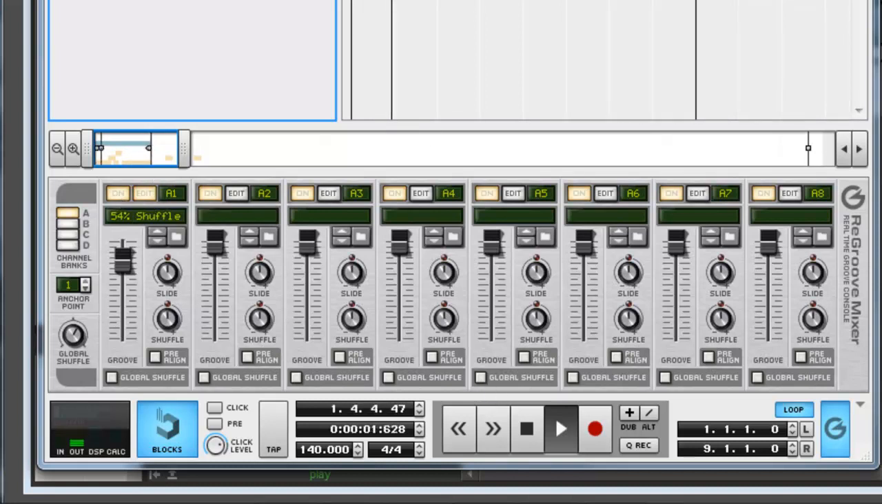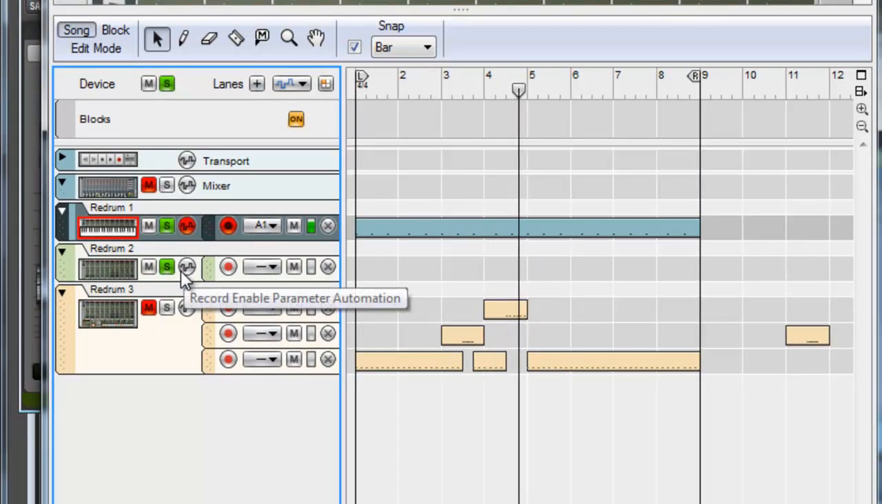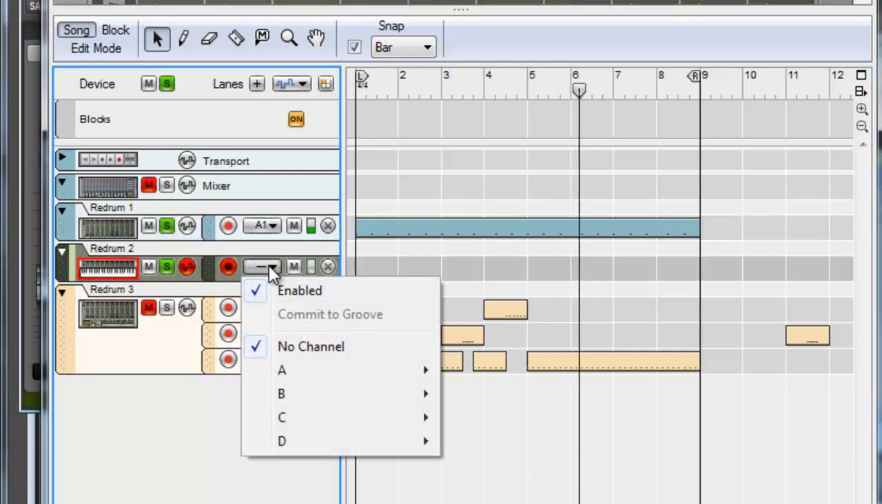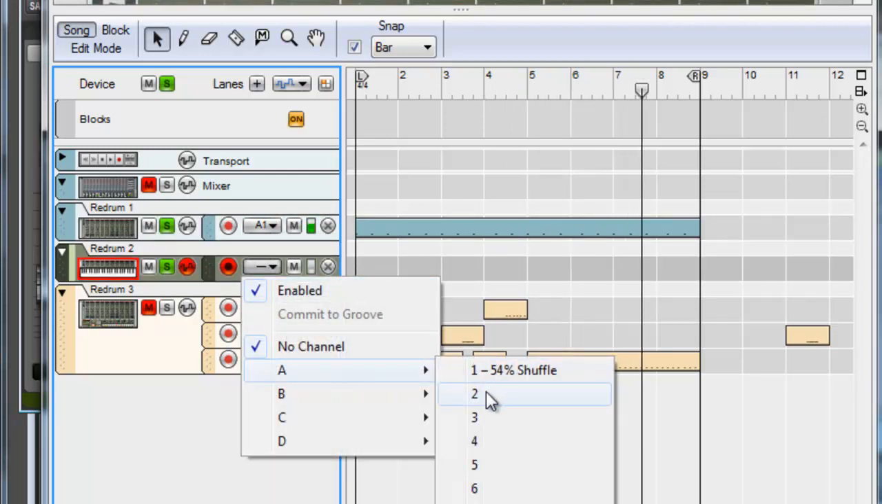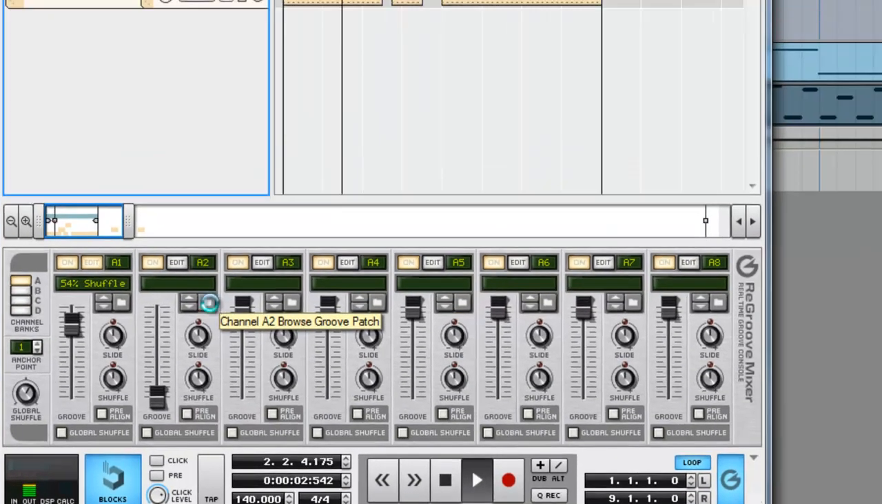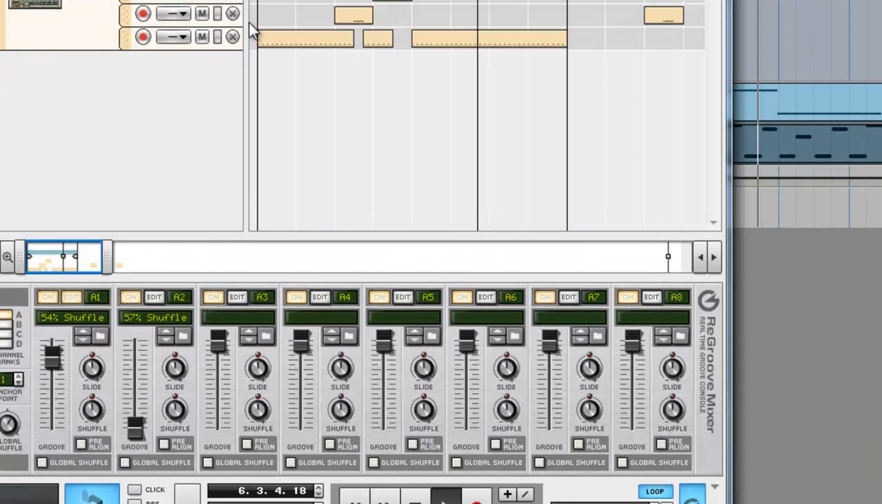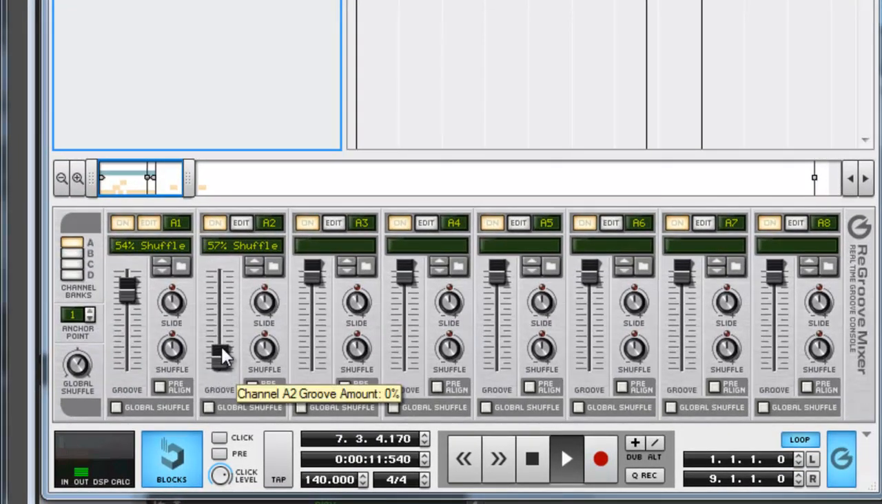Okay, so let's move on to the snares. We got the snares and we got the open hi-hat. So let's send those to channel A2. Let's go down to A2. Let's bring this down and let's go back to our presets. Let's make the snare 57 and just bring it up. You notice the snare gets a little lazier. That's cool because it gives it the